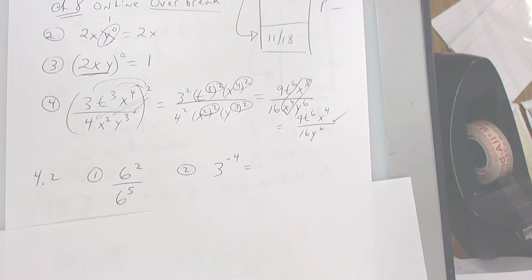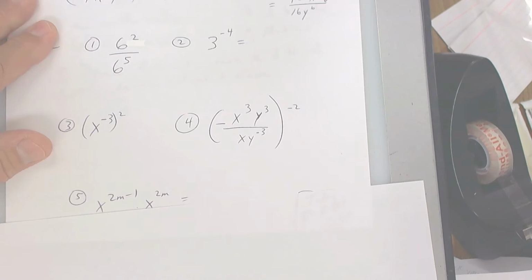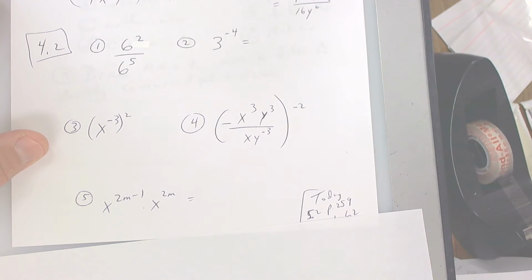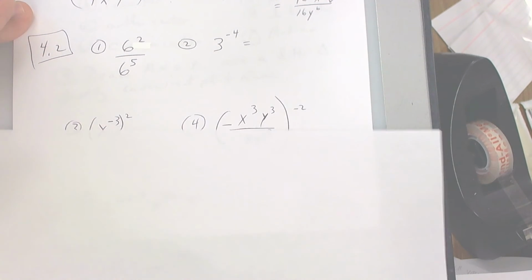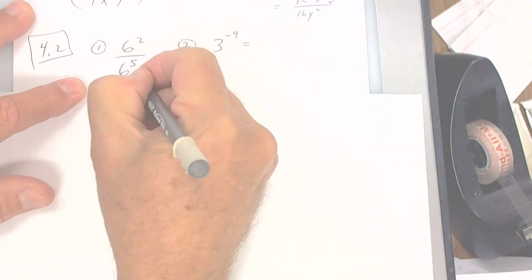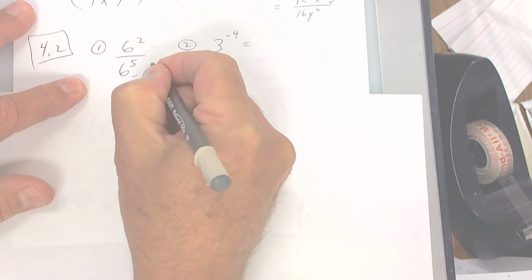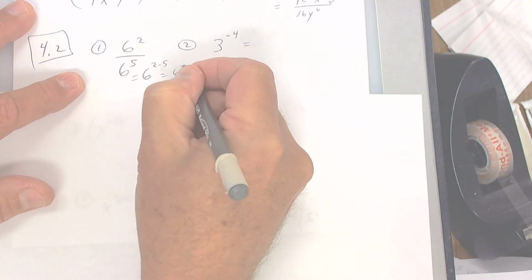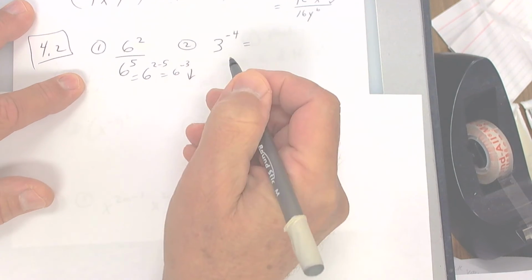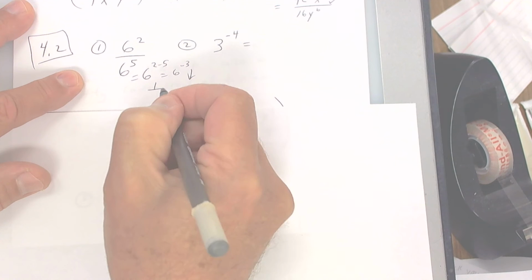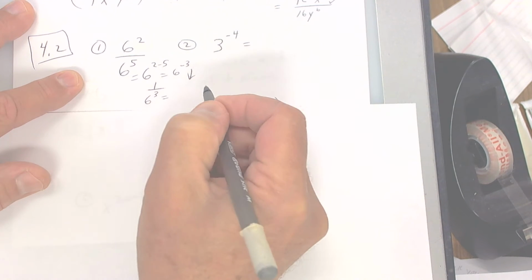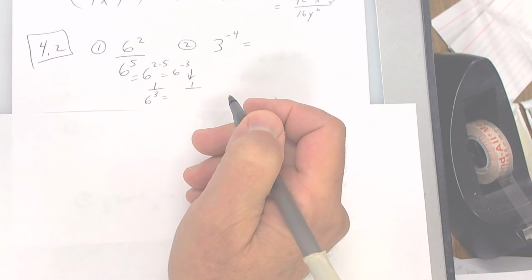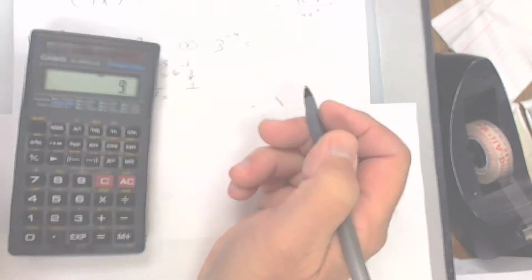Let's take a look at today's work. Copy these down on a new sheet of paper. Put 4.2. All right, remember that when you divide, you subtract. So you're going to have equals 6 and then 2 minus 5. That gives you 6 to the negative 3, and then you're going to drop that down and put 1 over 6 to the 3rd power. Now 6 times 6 times 6, I don't know what that is, but we'll do it on the calculator. So